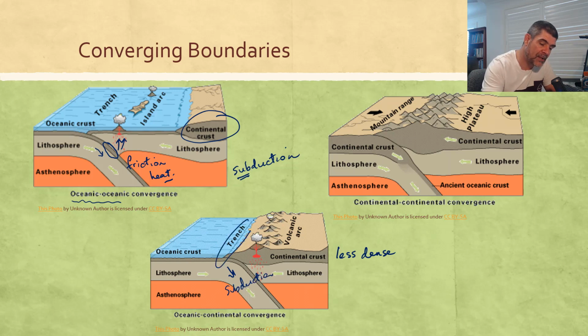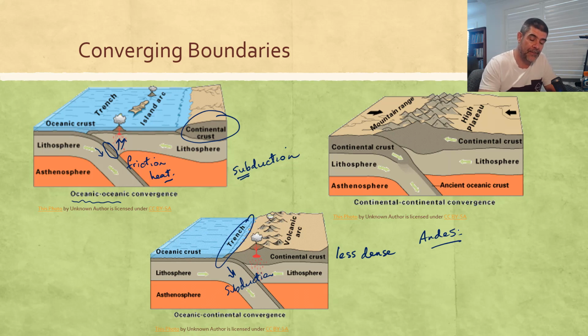And that subduction zone often is associated with a deep ocean trench. So very, very deep parts of the ocean where this crust is sort of dipping down underneath the continental crust. Beyond the trench, again, you find volcanic activity. The Andes are a really good example of this type of volcanic activity associated with a subduction zone and some